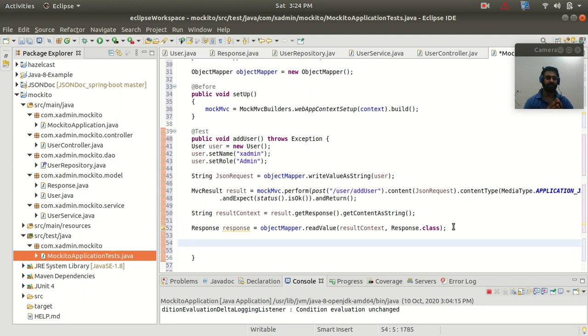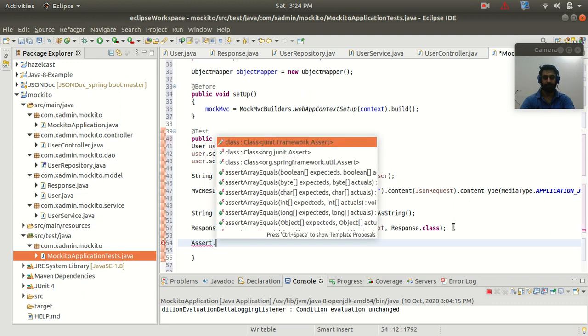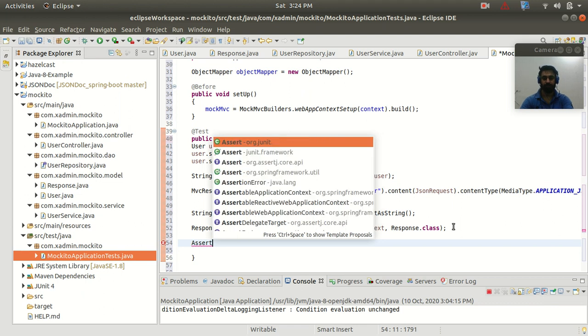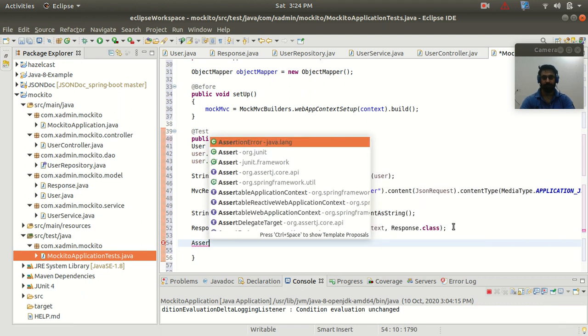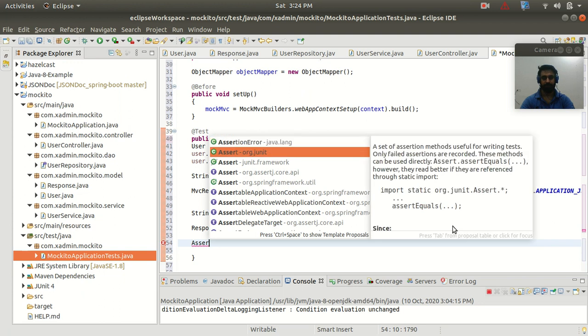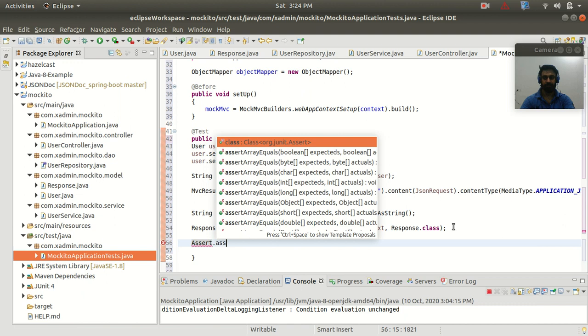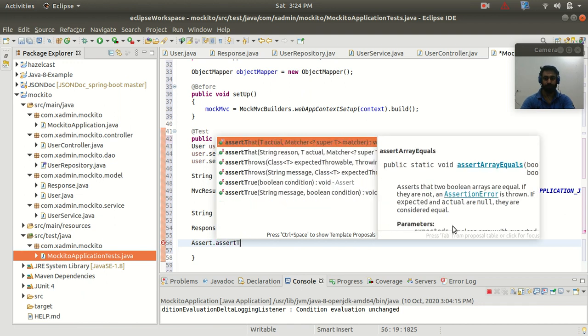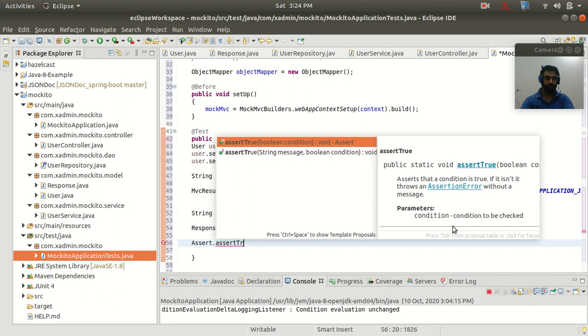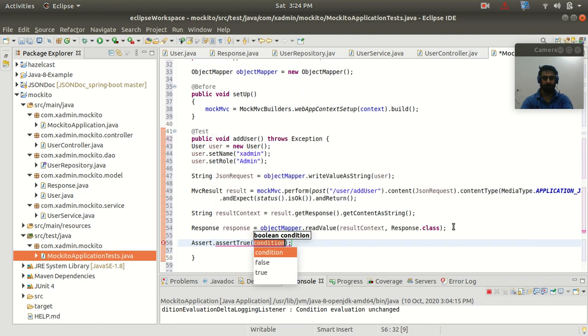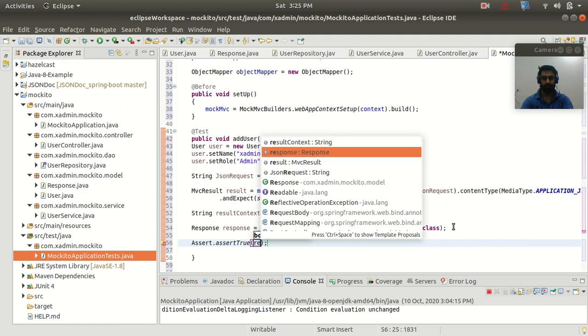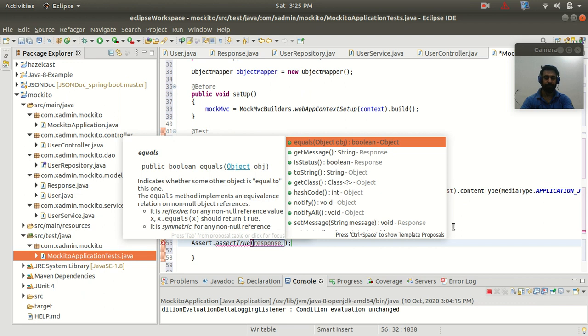So now we converted this to a Response. Now let's write the assert method to check our validation. So here I will use the Assert class, and let me import this first from JUnit, right? And then we have a method called assertTrue, and here it takes a boolean value. So here I'm going to check the condition. We have the response object, and in the response we have a boolean field with the name status.